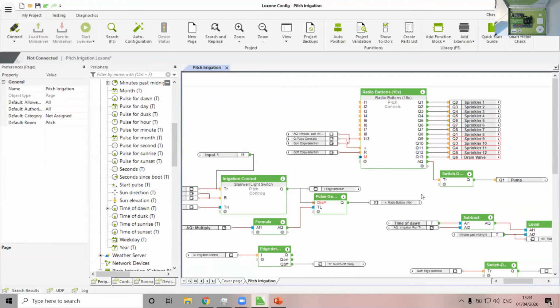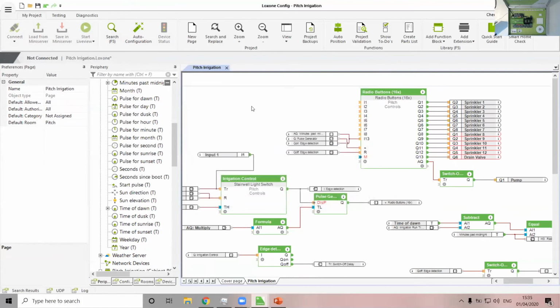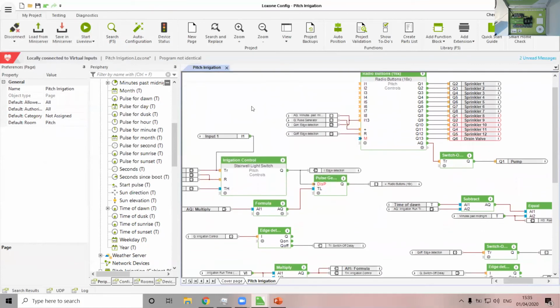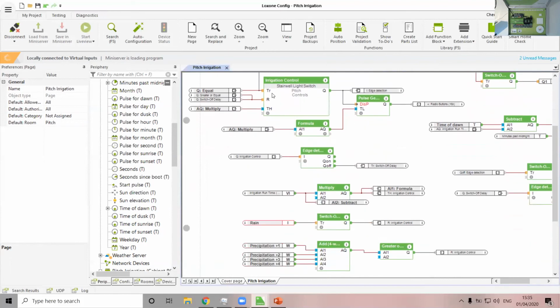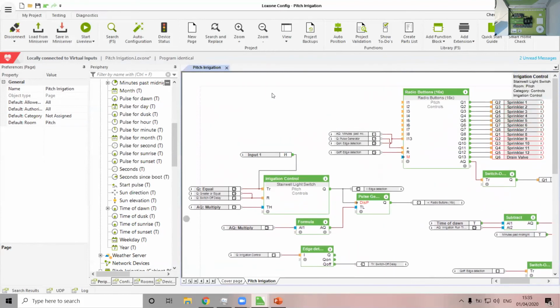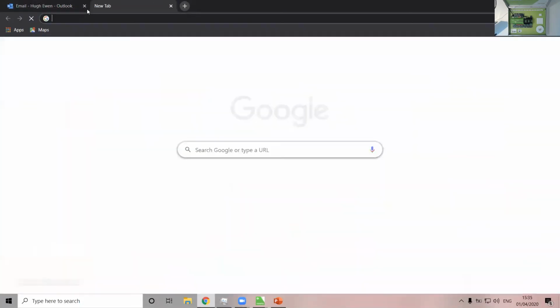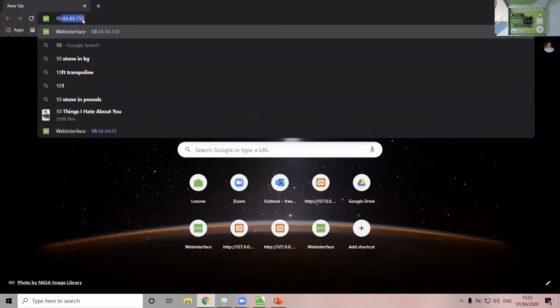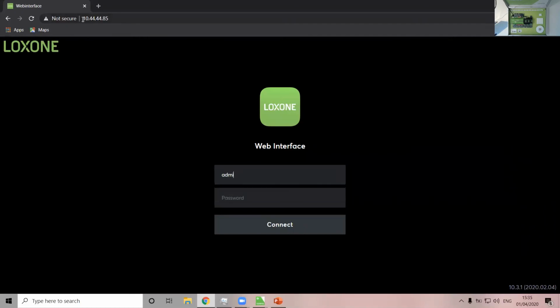And that is me done. I'm now going to connect into my demo case and save this in and show you it running. I know that this is quite a complex bit of logic, so I will run through it with you one last time. But if I head back over, I've done it again, left my emails open. If I head back over to the web interface and show you it in here,